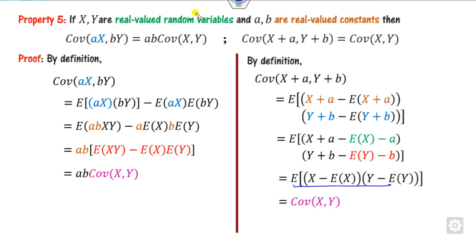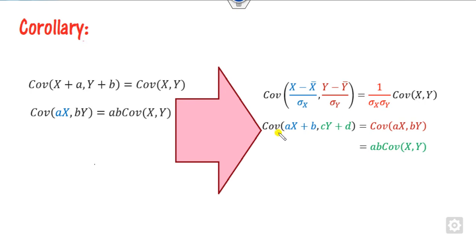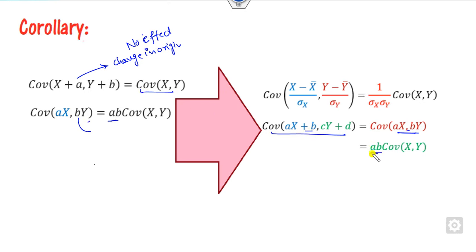So based on these two properties, we can very easily deduce that there is no impact of the change in the origin. So you can see what is the meaning of that: a change in the origin has no effect, but there is an impact of the scalar. So you can see there is a and b, so that is nothing but here. By using this property, we can see this is nothing but ab times the covariance. Same for here, this is 1 upon sigma x, 1 upon sigma y, which is nothing but my ab. This is the change in the scale property, which is simply derived from these two parameters.